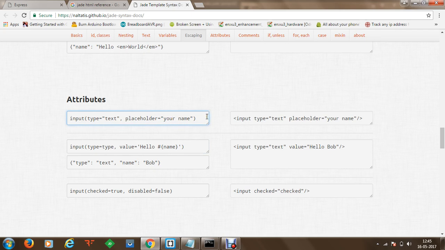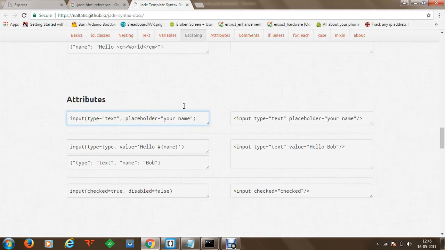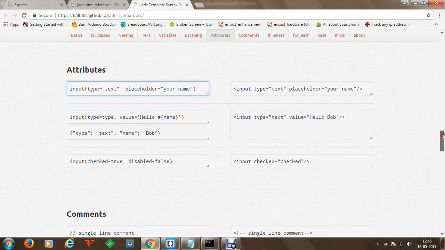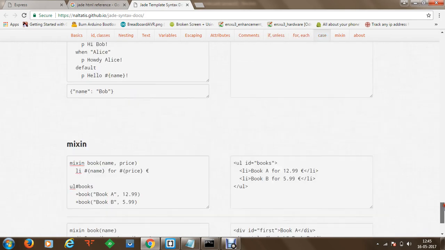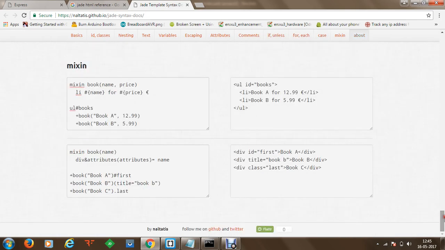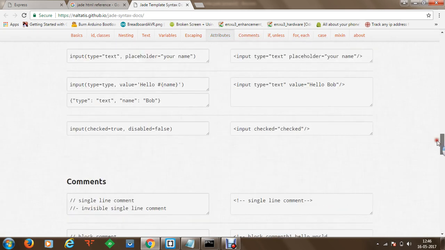So now we are going to define another content in our block. After this h2, what I want to do next is take a div tag as well, and you can get the div tags here. In the mixins we have the div attributes available. So you can specify div attributes and a specific name or something, and then you can proceed to the creation of your input tags.